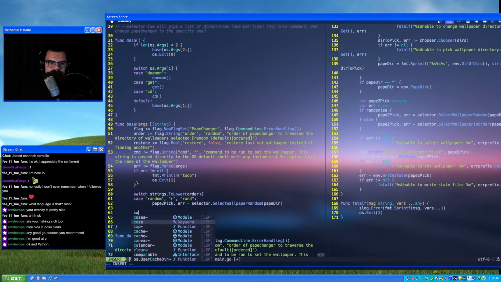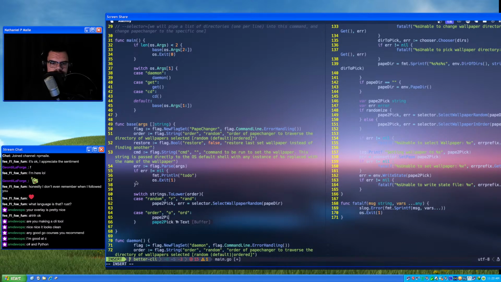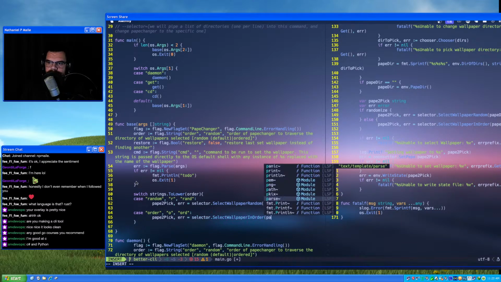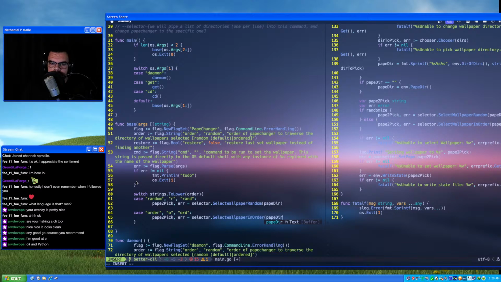We'll do another case, order, o, ord: papeToPick, err equals selector.SelectWallpaperInOrder, and that needs papeDir and env.CurrentPape.